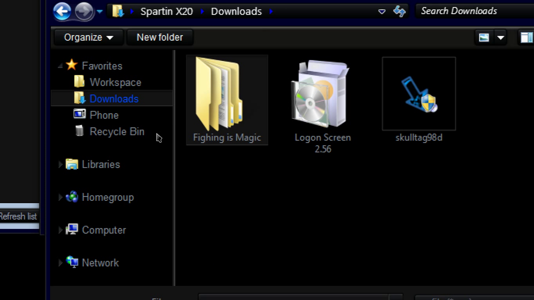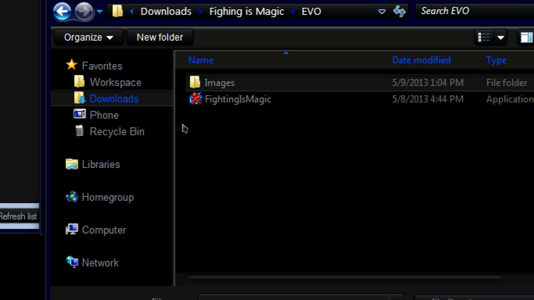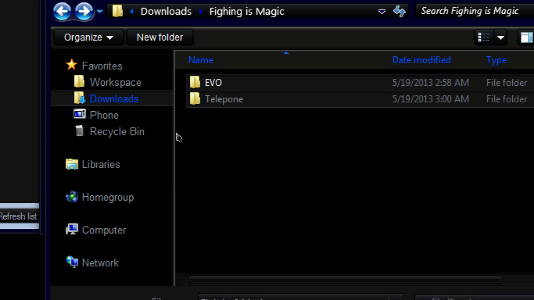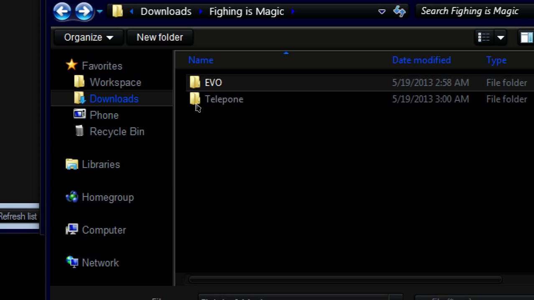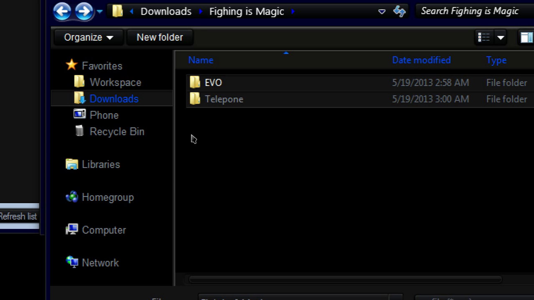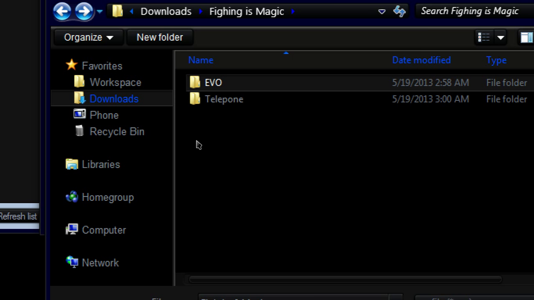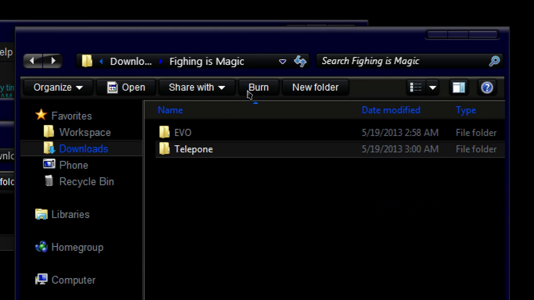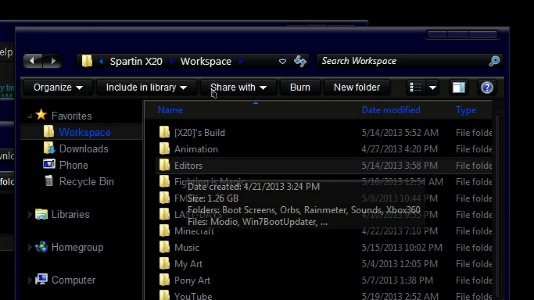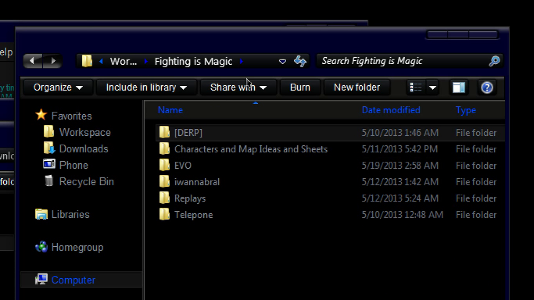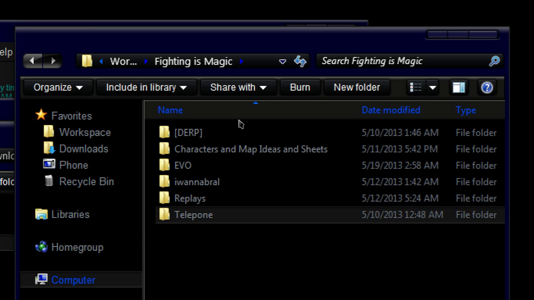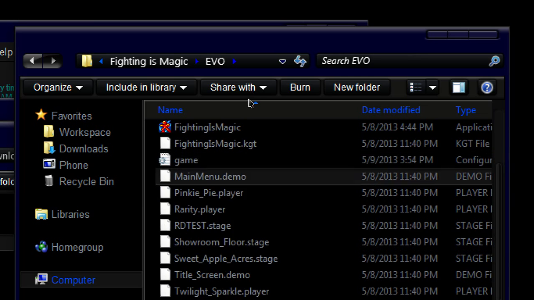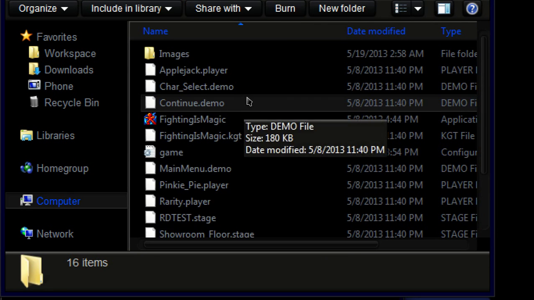But what you need to do is navigate to where you keep Funny's Magic. For me, where I recommend you put it is, like I said, whichever build you want to use. Now, build switching. This is why I recommend you change things. For instance, let me show you my stuff. So, in my actual Funny's Magic, I have these different folders for different things. So, in Evo, you've got all these files. This is the build. This is Funny's Magic that you see right here.